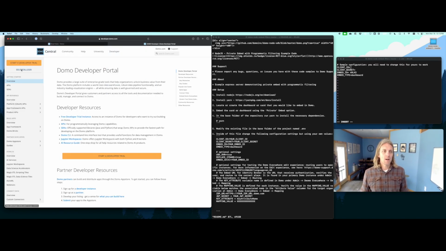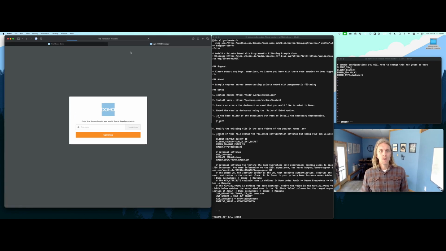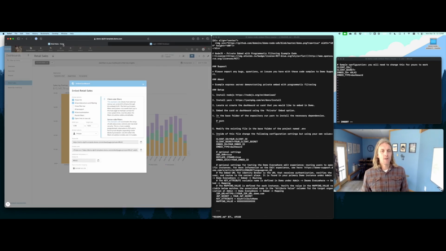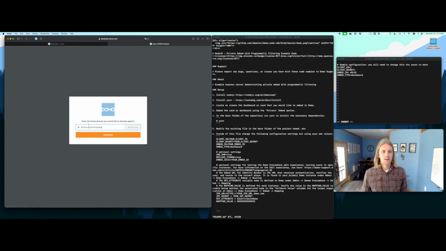And then first we're going to click the Dev Portal Login. And this is going to ask us for what instance we want to get a client ID and secret against. So what you'll put is the instance name. So for me, that's Domo-DP24-template. And here, the easiest way to grab that too is you can see it's everything before .domo.com in the URL that's got that content. So the URL that's got the dashboard that you're trying to embed, grab that stuff before .domo.com,